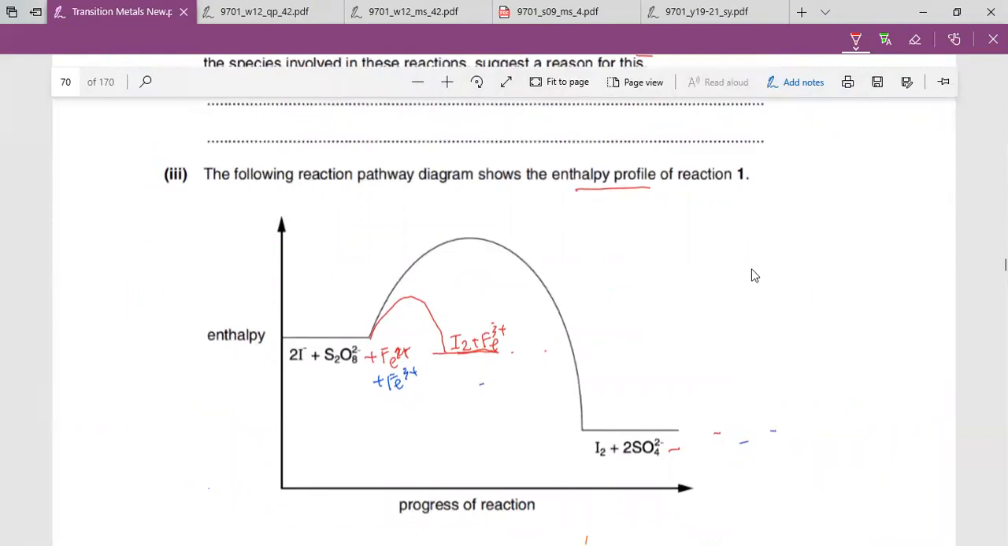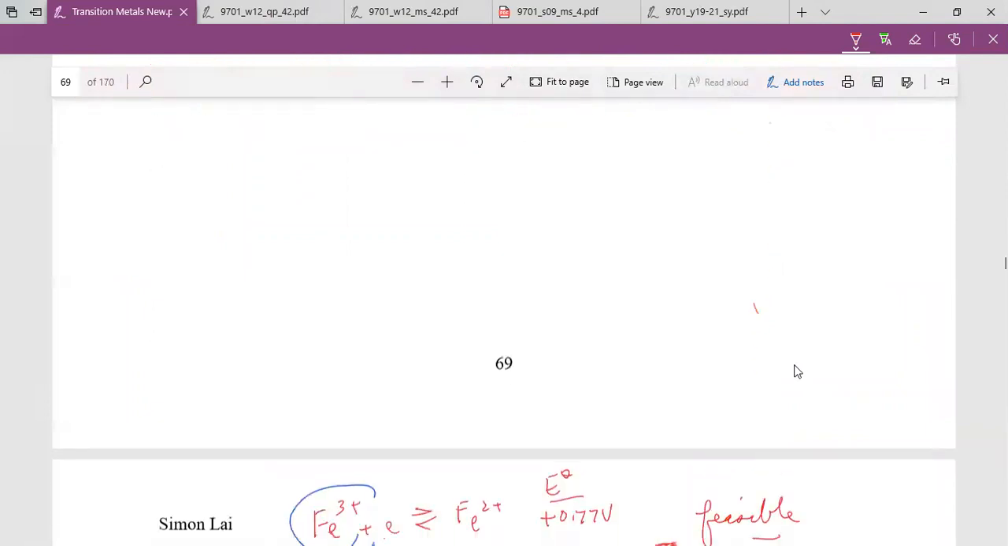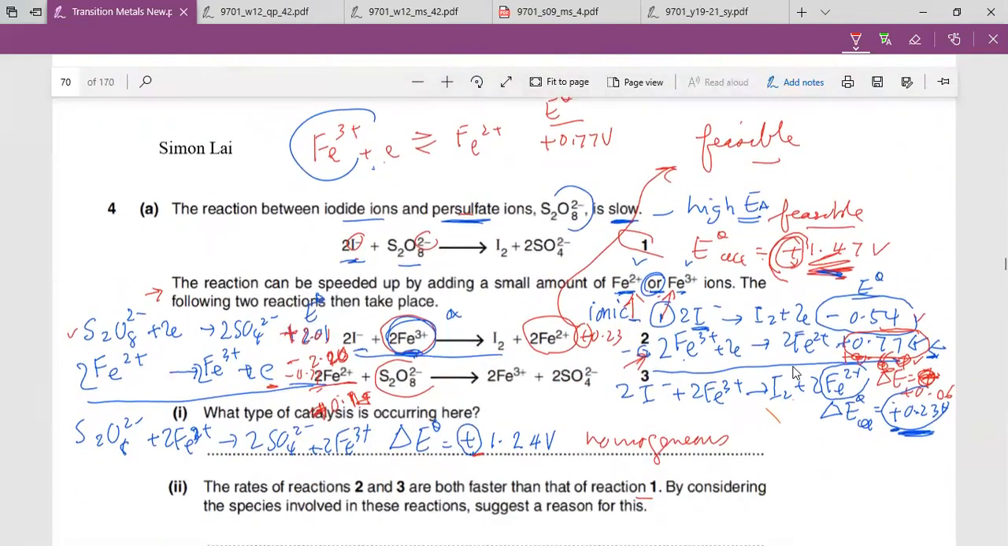Now, the question is here, they say, Fe2+ or Fe3+. So which one do you decide to do first? If you want to talk about I minus first, I mean, you need to start with Fe3+, right? You talk about S2O8 first. Then you use what? Fe2+. So the choice is up to you. So in this case here, in this equation here,